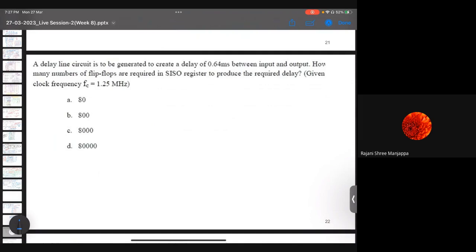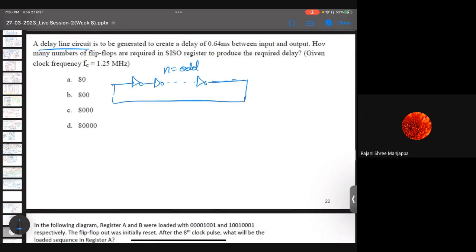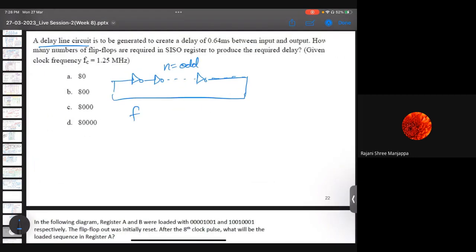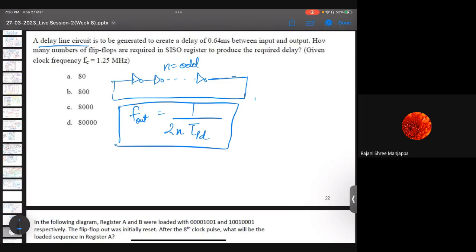So it is a delay line circuit. A delay line circuit is nothing but a cascade connection of an odd number of NOT gates, and it should be odd. And the total delay or the frequency of the circuit, which we can say is F out, is always equal to 1 upon 2n tau PD. So this is an important relation where F out is the